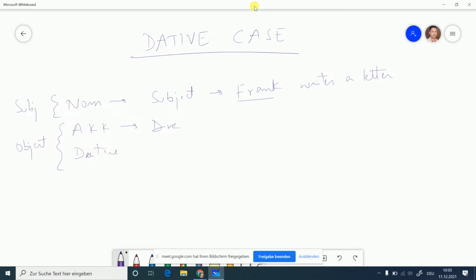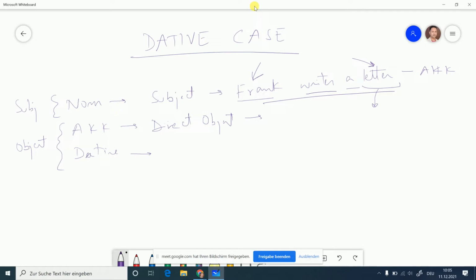So accusative is direct object. So here in this case, the letter is the direct object. I mean, you can easily find out, in a sentence if there are only two things, the rest is maybe a verb or an article. So there are only two things. One is one person who is doing the job, and one is the object. So in this case, the object is most likely going to be the direct object, that is accusative.